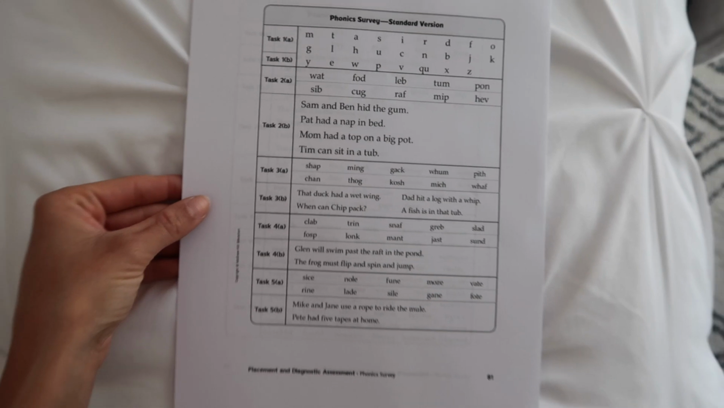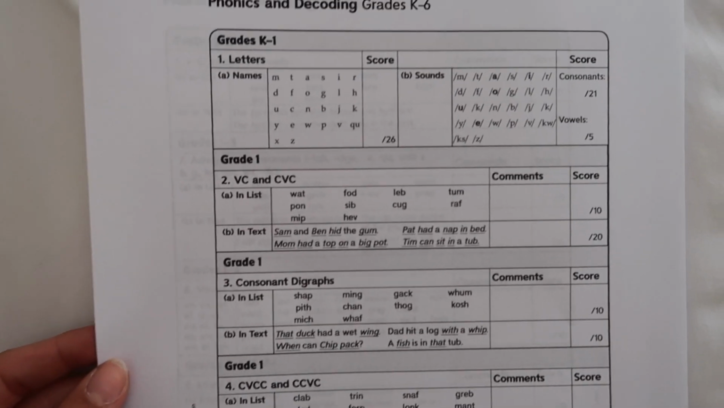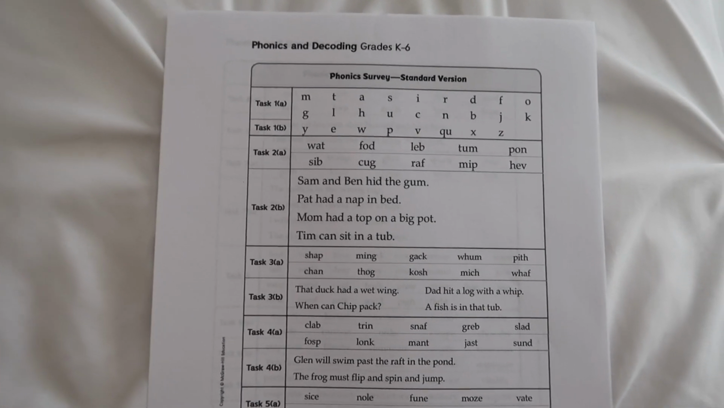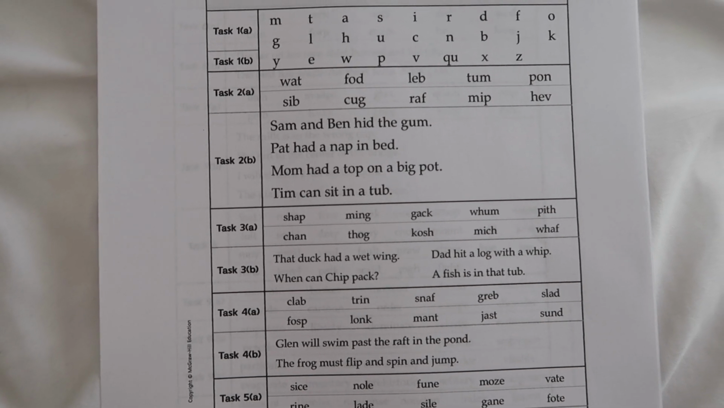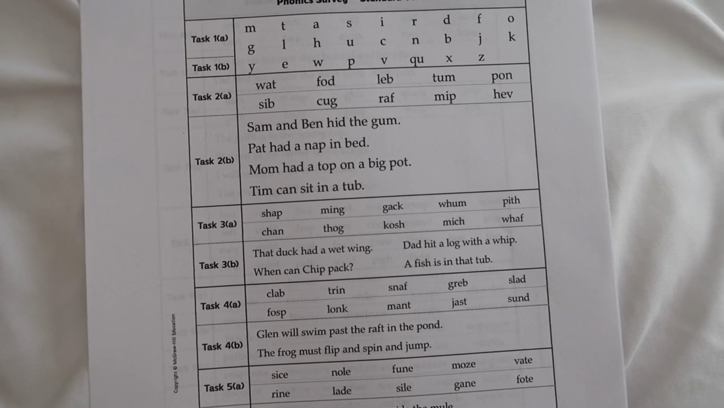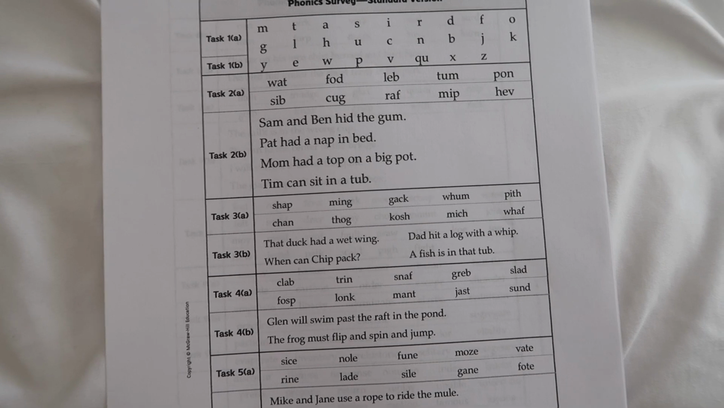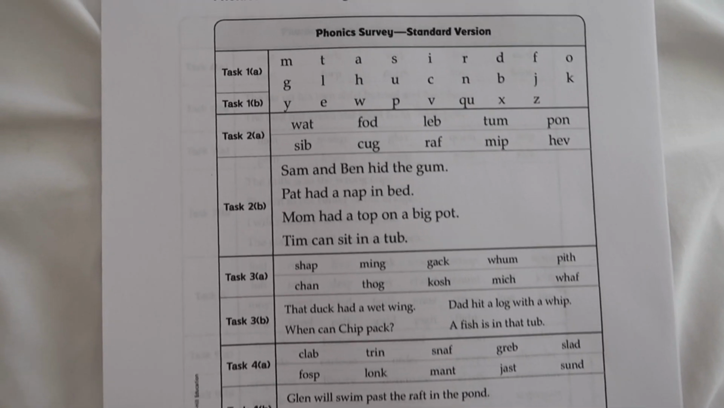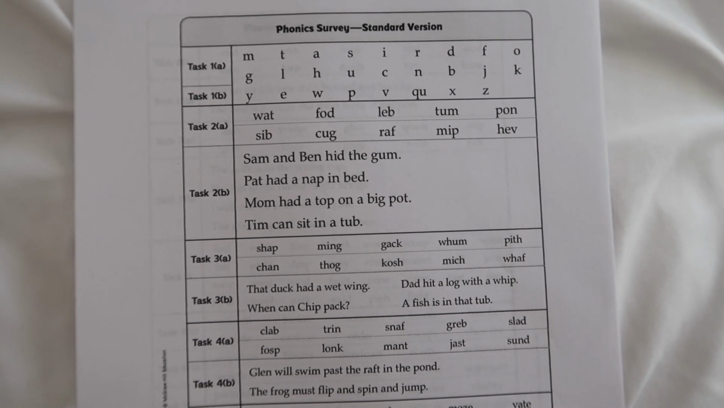So students are going to have this sheet in front of them, and just like the fluency screener, you're going to have almost an identical one in front of you, except there's places for you to score them. So what you're going to do is have them start at task 2A and just read the words to you. These are going to be nonsense words in the task A part, and it's going to be real words in the task B part, to see if they can apply the pattern rule, not just words that they already know. So for example, the first ones should be wat, fod, leb, tum,